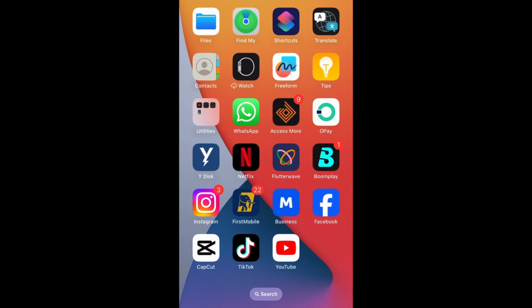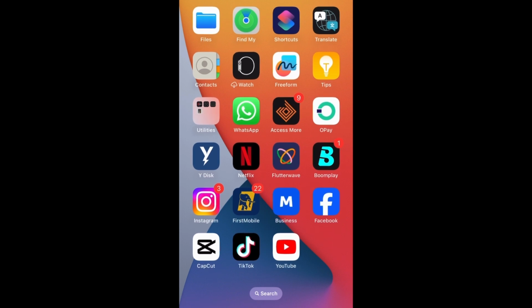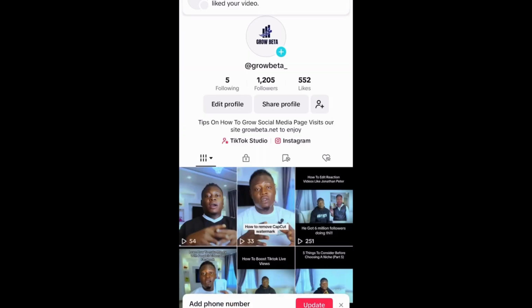So before I show you guys how you can actually create this particular TikTok account, right? Firstly, I want to show you guys the difference between an international TikTok account and the normal TikTok account. So let me head to my TikTok, right? So here is my TikTok, right? So one of my TikTok accounts, and this particular one is not an international TikTok account. This one is just a normal TikTok account I created right here in Nigeria, like a normal account before this monetization stops,